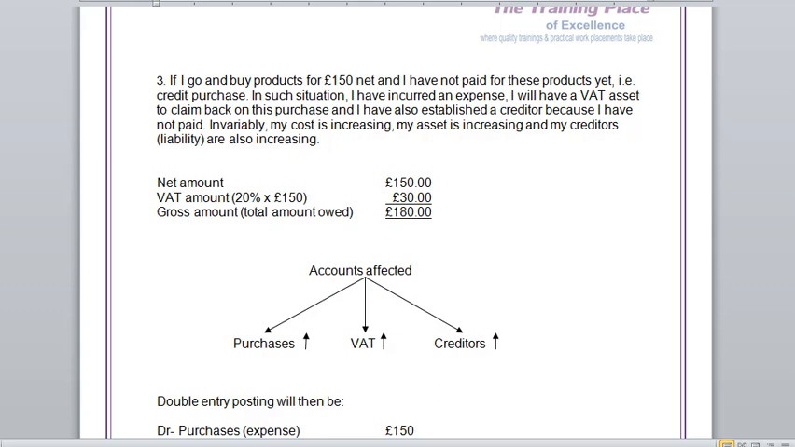You have VAT on purchases, which is an asset in your hands. It's also under debit and it is increasing. You will debit your asset. Which asset? VAT. And you will also have your creditors. Your creditors, you will credit that because your liability is increasing and it's under credit: liabilities, income, capital. In this case, liabilities is increasing. I will credit liabilities. And the purchases will be with the net amount